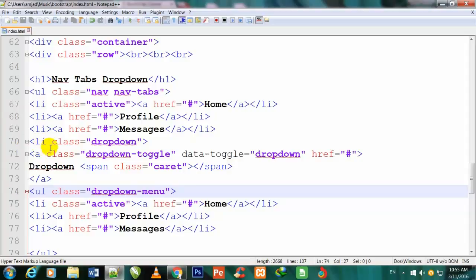I made one more li and I gave a class to it, drop down. Then under it I made an anchor tag and I gave a class to it, drop down dash toggle, and also data dash toggle is equal to drop down, and this is the href link, and inside it I wrote drop down, and I made one span tag inside it and gave a class caret to bring the drop down icon, and then I pasted